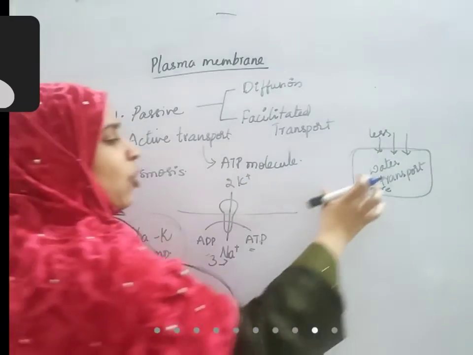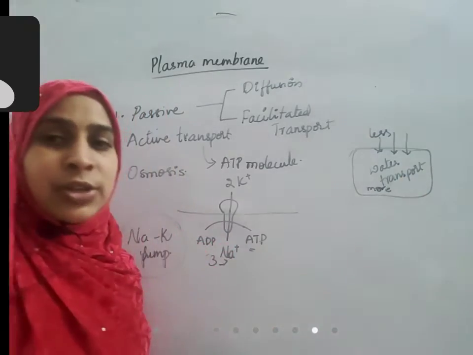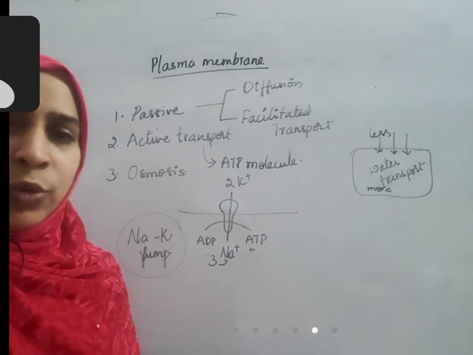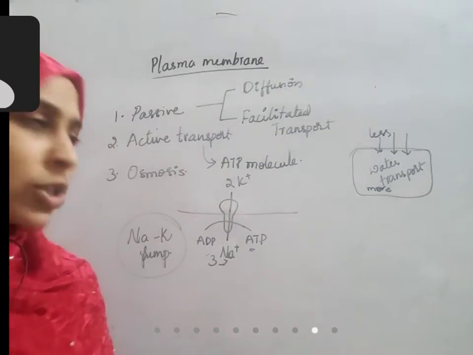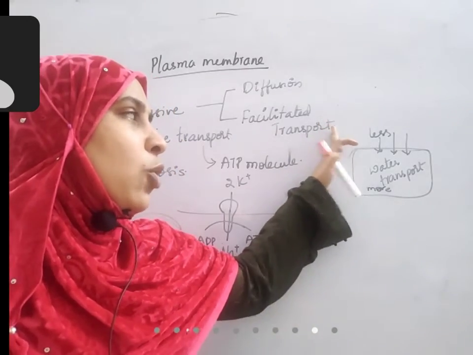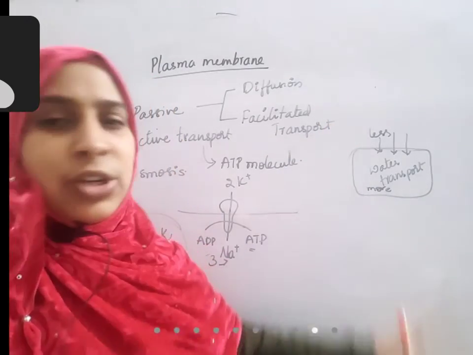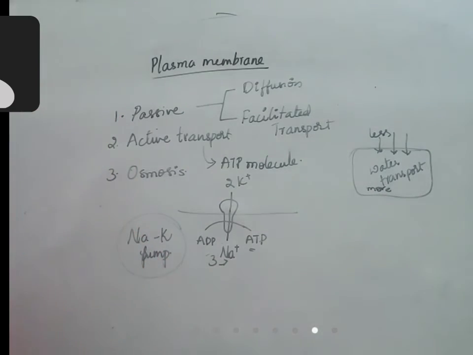Presently, you understand water molecules transport from less concentration region to more concentration region. That's all. In our chapter 4, we have a complete discussion of osmosis. There, you will be able to make that concept clear. Here, you understand water molecules move from low concentration region to high concentration region, and this process is called osmosis.